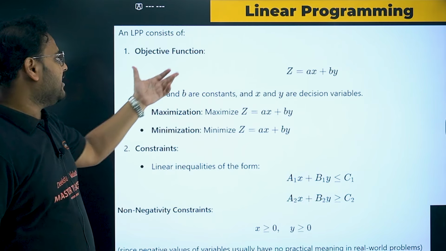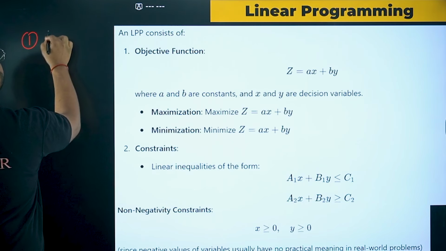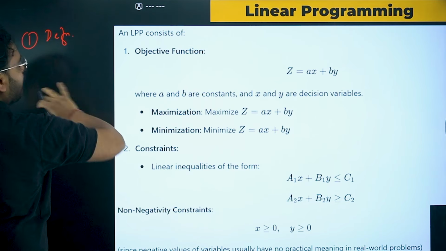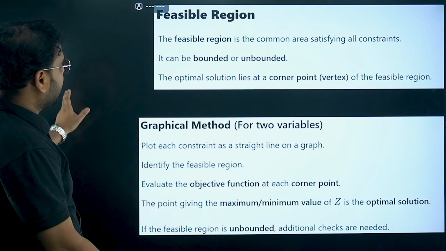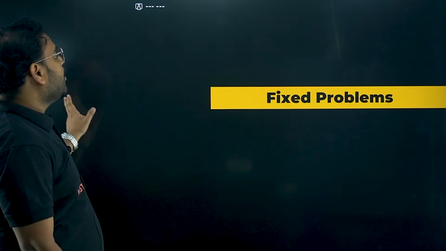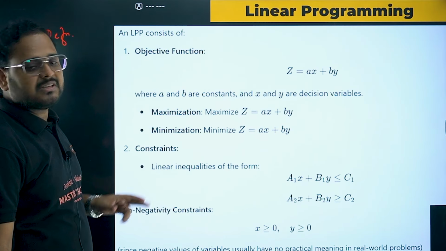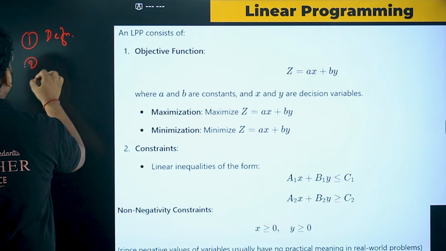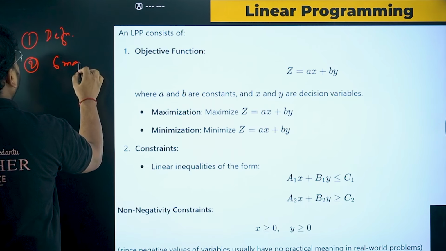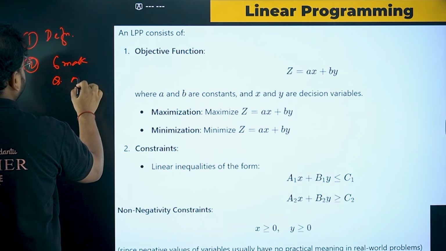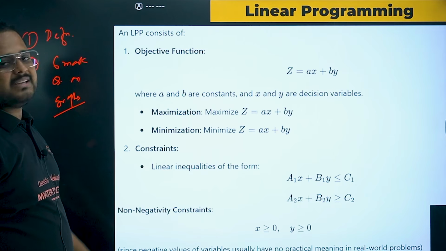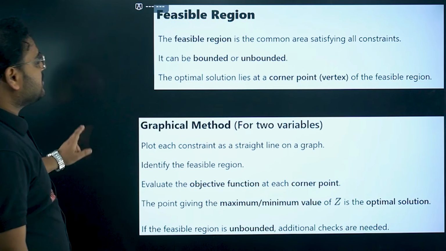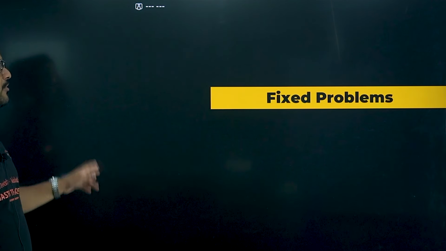formula part. For linear programming, you all know definitions are very important. Definitions of all of these, like objective function, are extremely important. Feasible region, graphical method, all this is very, very important. All the definitions, I've given you a list of that already. And secondly, a 6-mark question on graphs, whether it is maximize or minimize, it can be asked. So please revise that. Take one question and revise that.